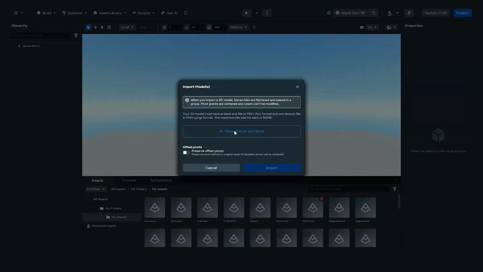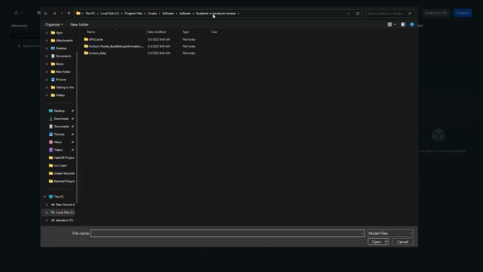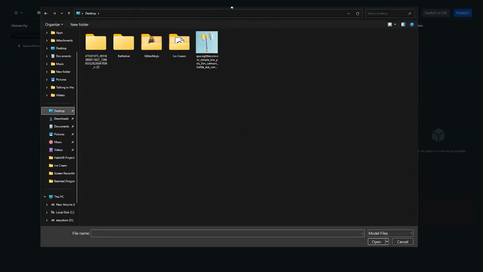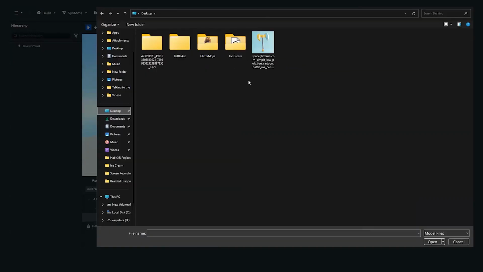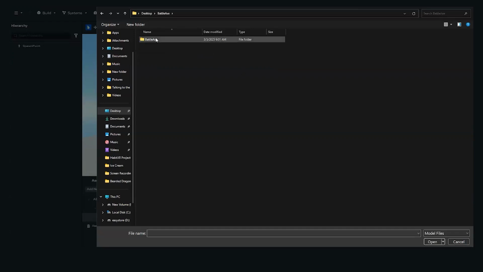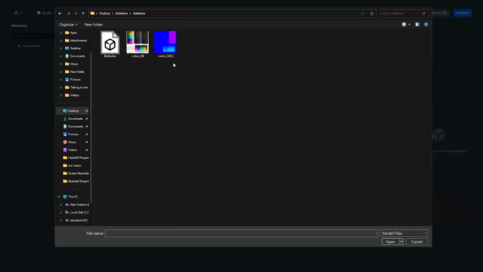So now what I'm going to do is choose this option here, and I'm going to find that. Hold on a second, because I have this thing that is in the way. Okay, perfect. So I'm going to go to my battle axe. And now, if I just drag and select, all of these will come in together.